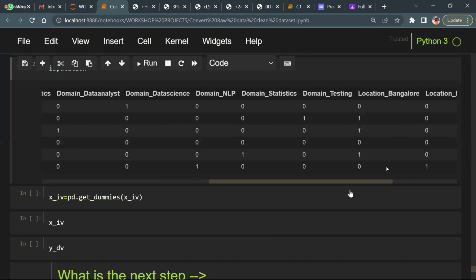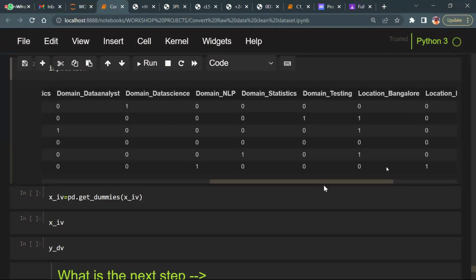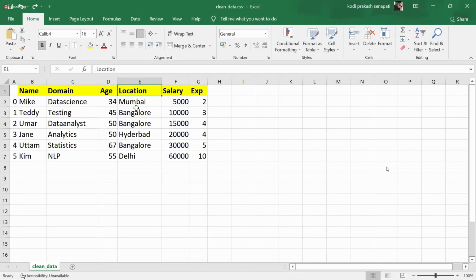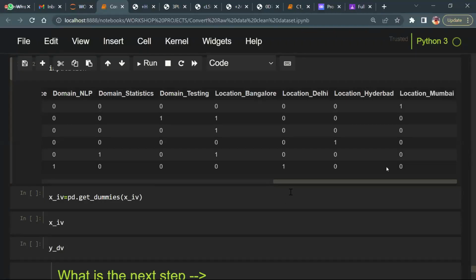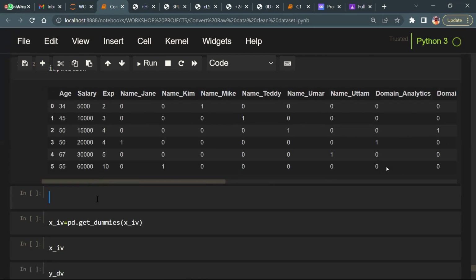Now, what is the next one? Locations. For locations, did you replace or not? Bangalore, Delhi, Hyderabad, and Mumbai. 4 locations. We have 4 locations. 2, 3, 4. Clear? And finally, let's go back and check the length of